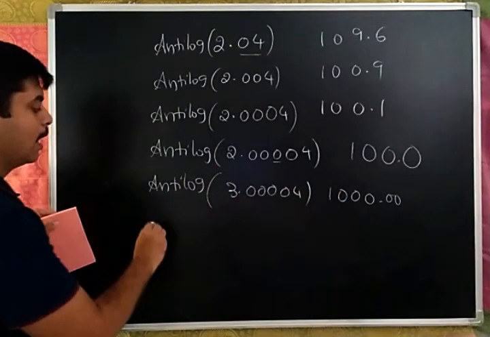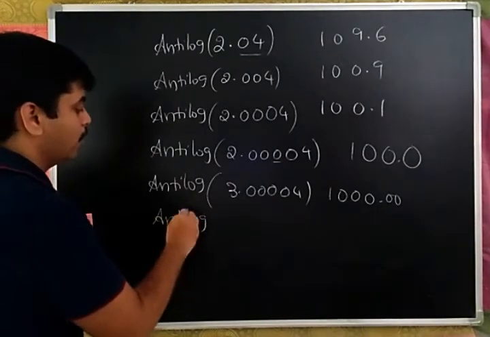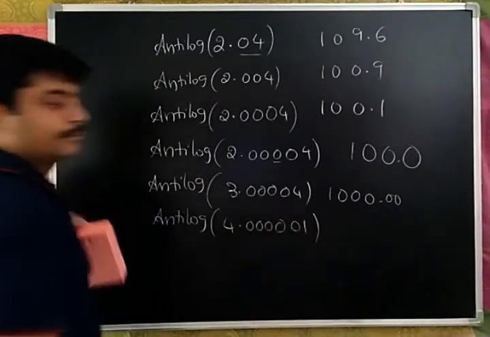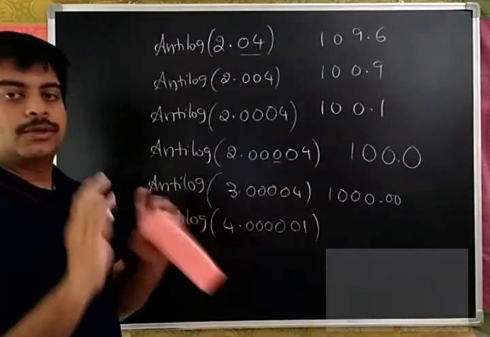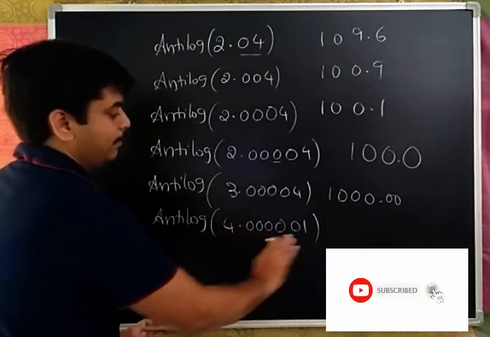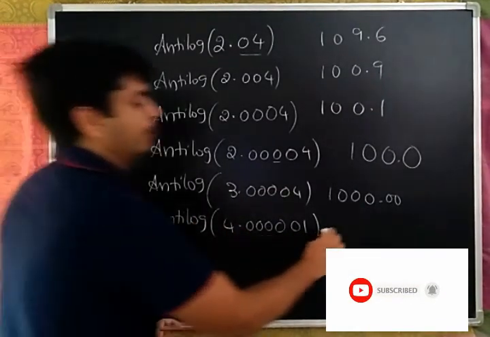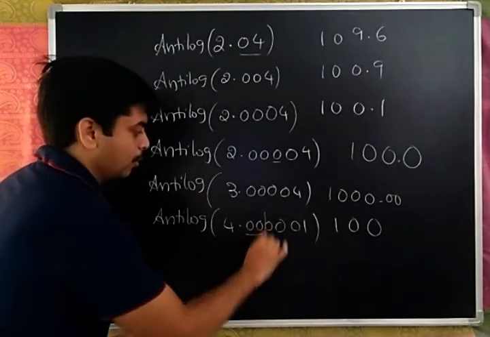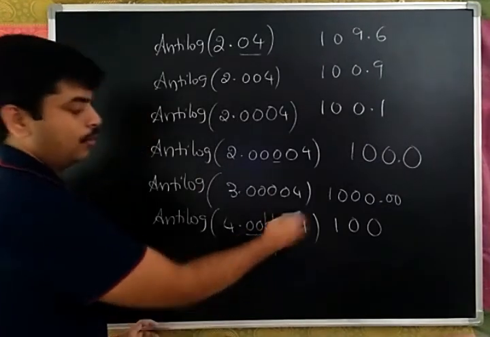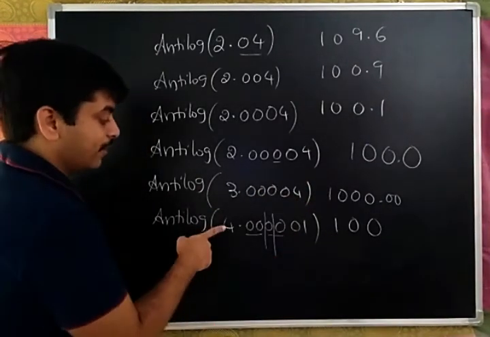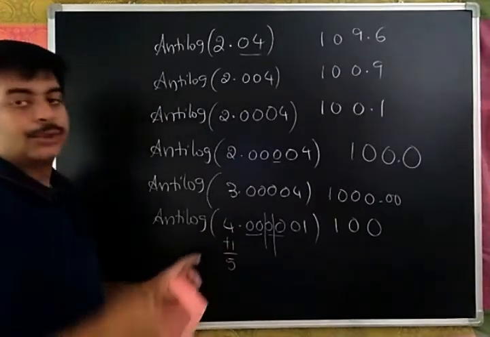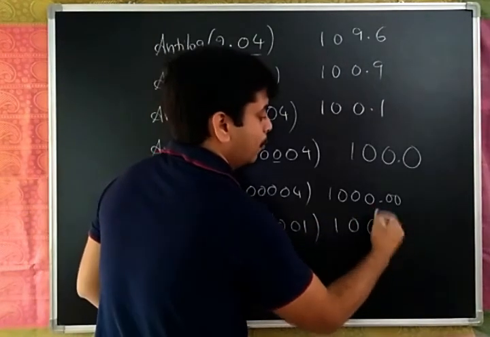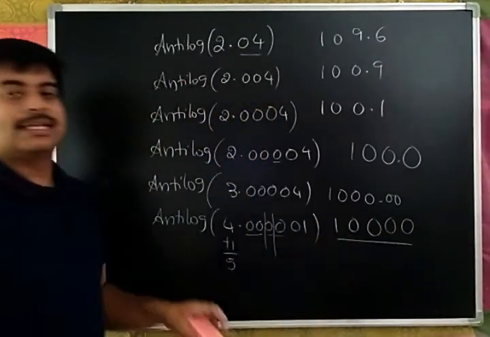Let us quickly see one more. Antilog of 4.000001. Whatever zeros are there, you don't bother about that, so all this will simply be taken as 0. Antilog of 4, if you go for that, you will again get 100, with 0th row, 0th column, and no mean difference after that. But 4 is there, so plus 1 will give you 5. You need to keep the decimal after 5 points. So the answer is 10,000.